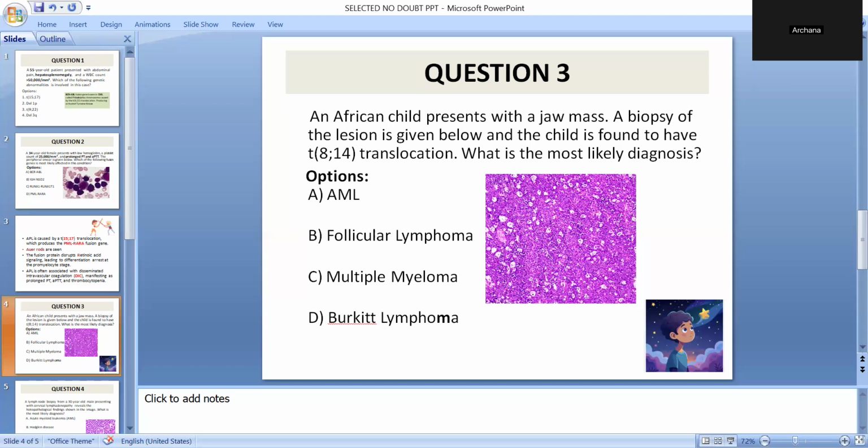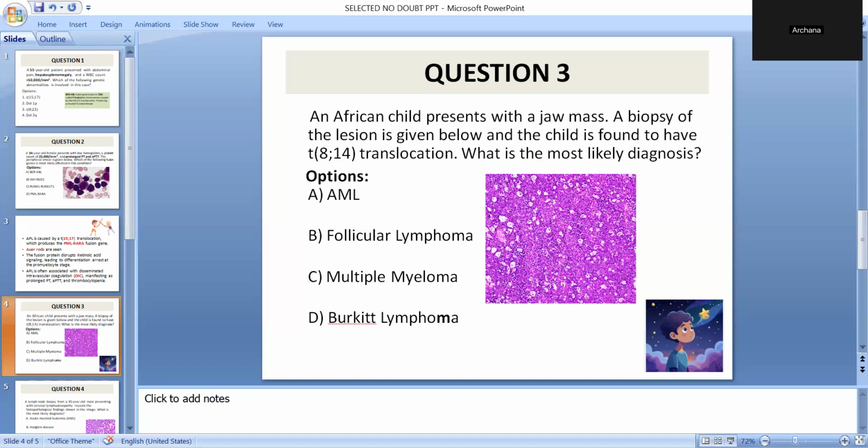The clue is given in the picture here. We see that there are some light areas that are standing out against the background of blue cells, which are the lymphoid cells. So this particular pattern is called the starry sky pattern, which is a classical feature of Burkitt's lymphoma. What are the stars and what is the sky? The sky is the blue or the lymphoid cells, and the empty looking cells are the macrophages. What are the macrophages doing here? The macrophages, as all of us know, are scavenger cells of the body. So when the lymphocytes are proliferating in large number, the macrophages try to mop them up.